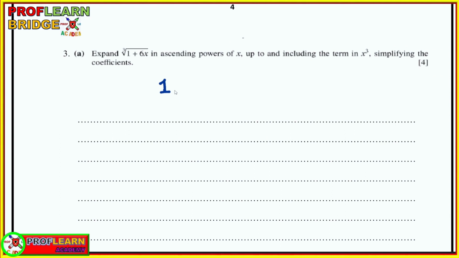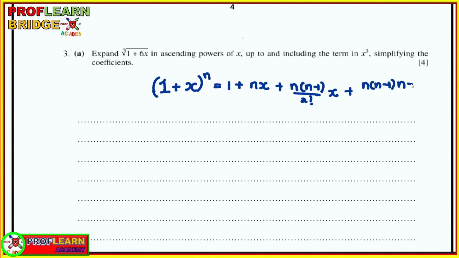So in this particular case, we are going to use binomial expansion, and in that way, we are going to use the formula that we learned, and the formula states 1 plus nx plus n into n minus 1 over 2 factorial times x squared, and then we're going to move to n into n minus 1 into n minus 2 over 3 factorial